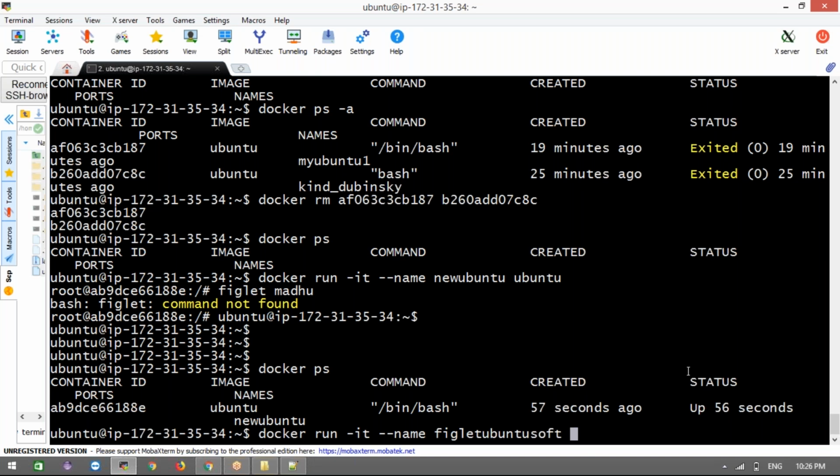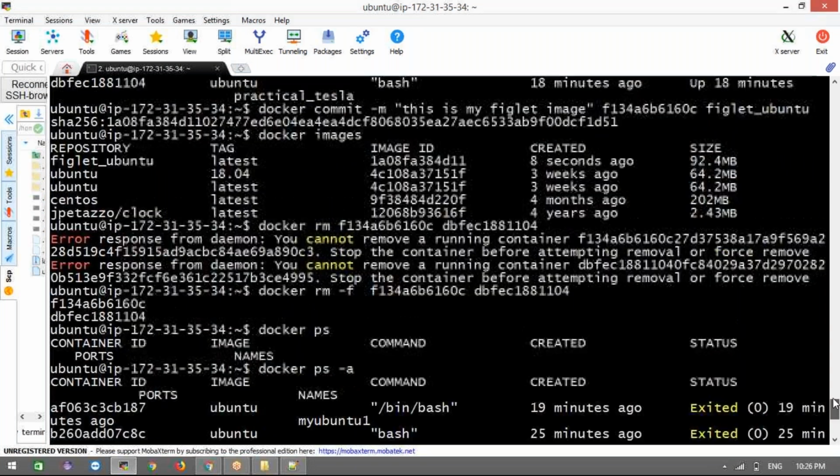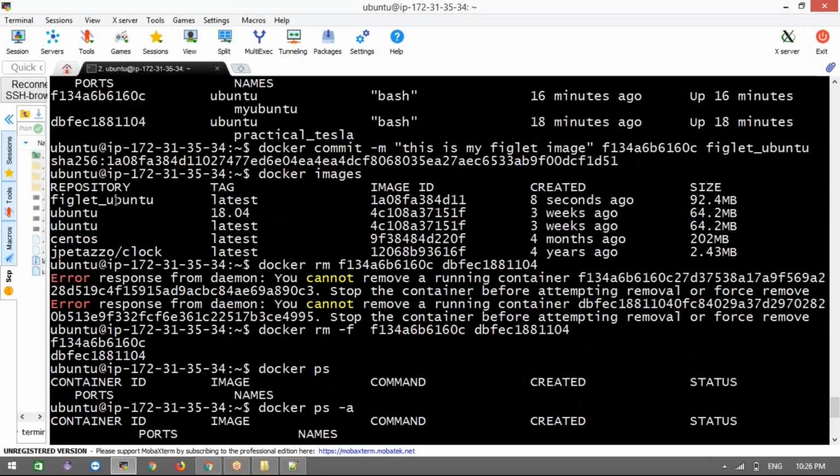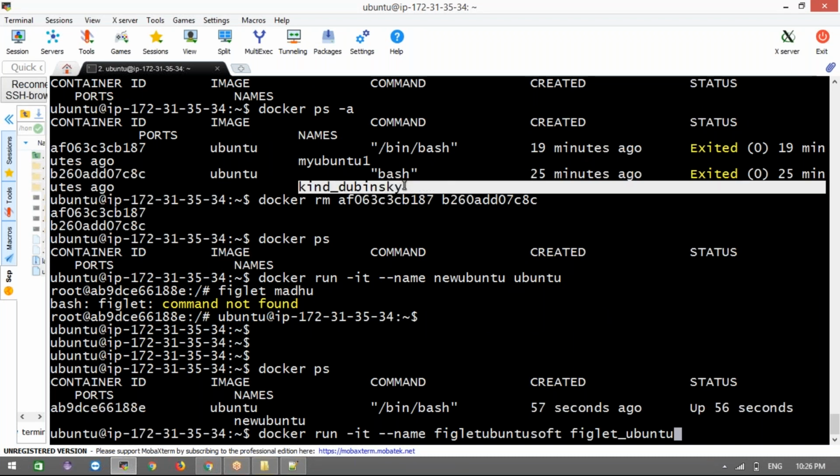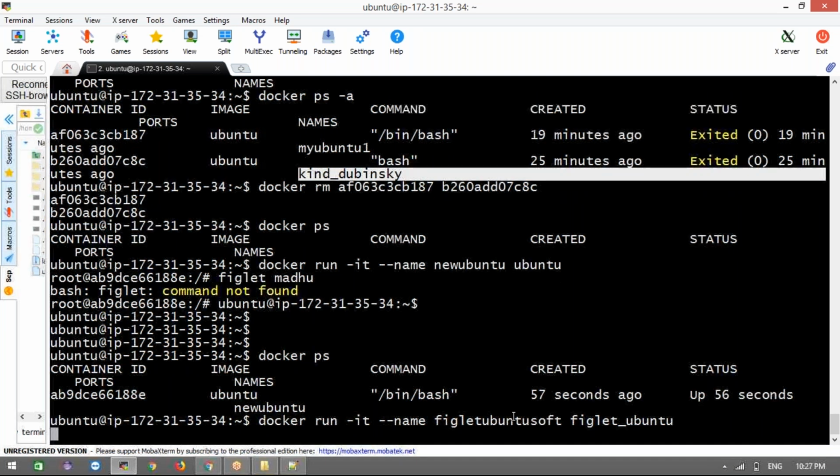This is any name we can give. And what is the image name I need to give here? We created one Piglet Ubuntu, right? That same image. This is a container name; I've given my own name instead of the default name it would create. I want my image name.